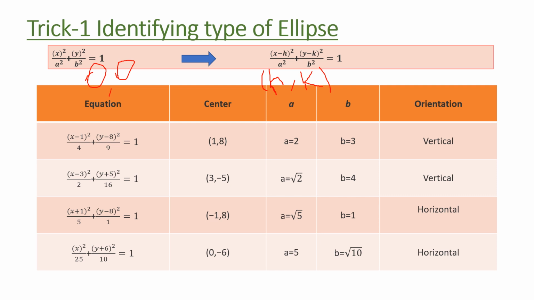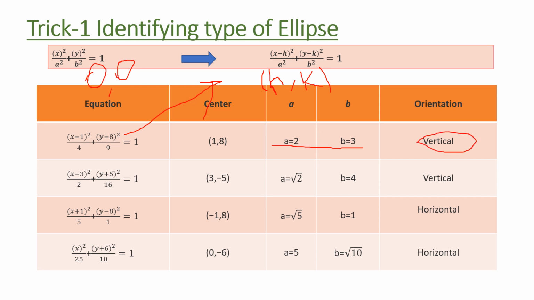First example is x minus 1 whole square by 4 plus y minus 8 whole square by 9 equal to 1. Comparing it with the standard form of equation, you will see that center is coming out 1 comma 8 and a is 2 and b is 3. Now when you are comparing the values of a and b, you are going to find out whether the orientation